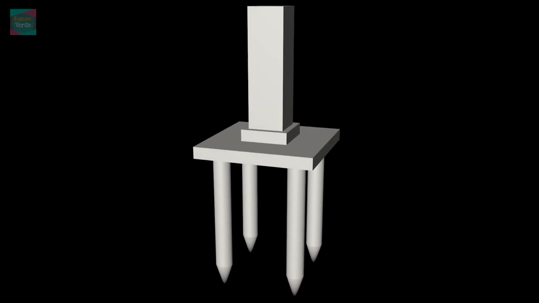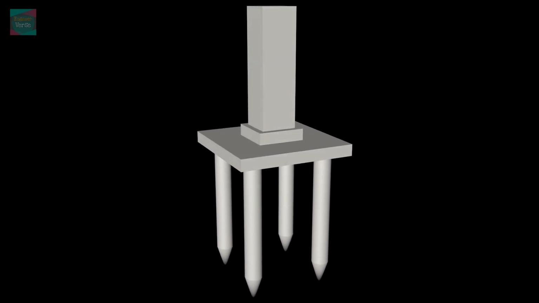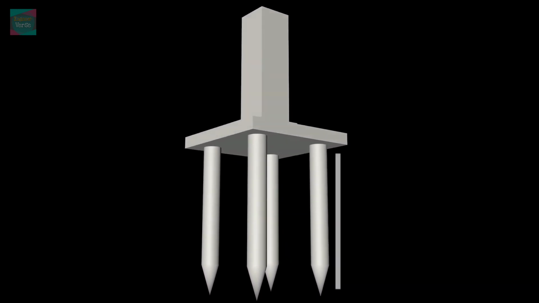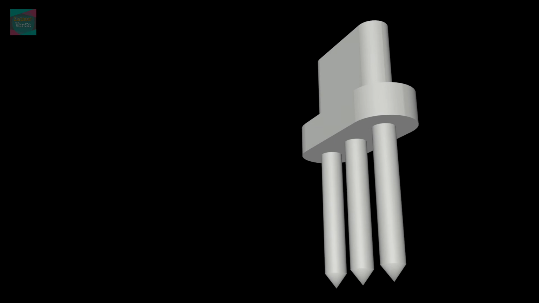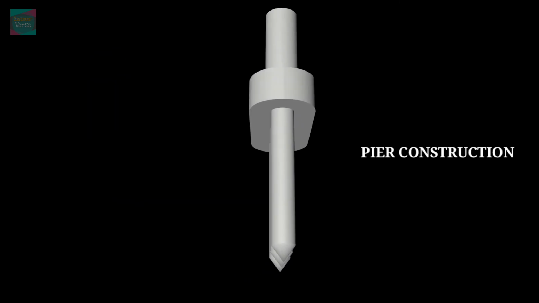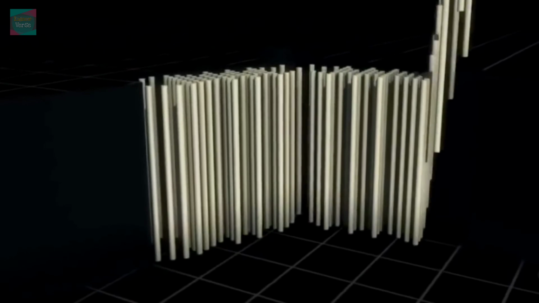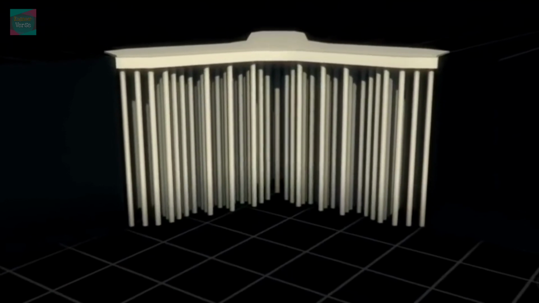Piles are very useful in marshy lands where other types of foundations are impossible to construct. The length of the pile driven into the ground depends on the availability of the hard rock or the actual load test. Pile foundation are most widely used in the pier construction of the bridges. For your information, world's tallest building Burj Khalifa is the combination of the raft foundation and the pile foundation.